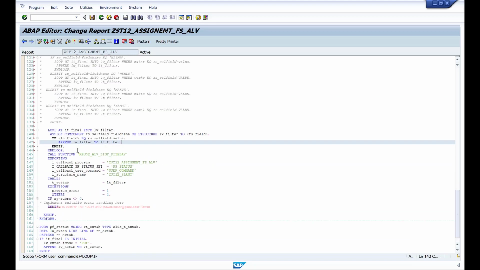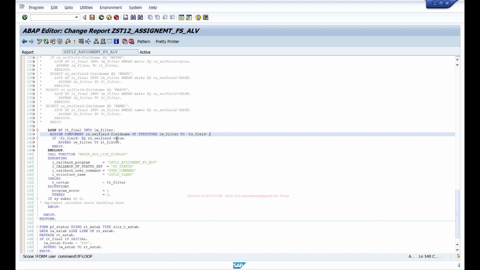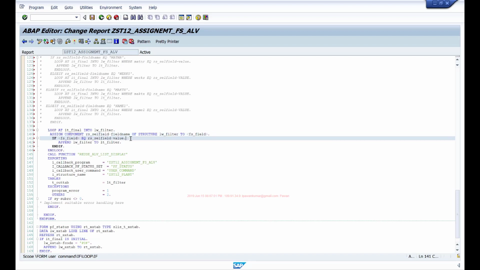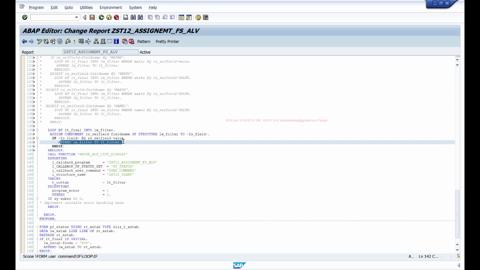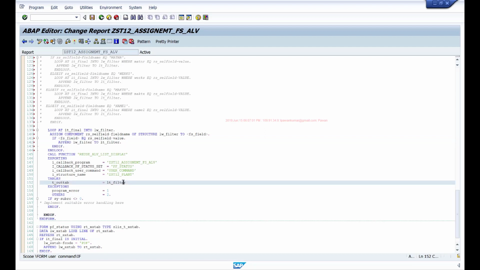Okay. So if you double click on MATNR, for example, then the MATNR field of the structure will be assigned to the field symbol, and in the current loop of my IT final, if the MATNR field is having the same value as the value on which the user double clicked, then I'm filtering those records by moving them to this LT filter internal table, then I'm passing it.